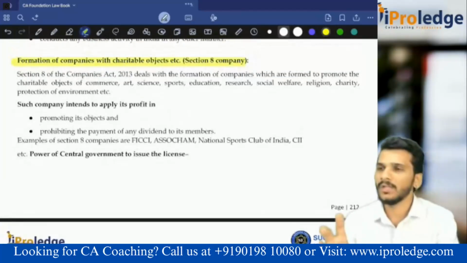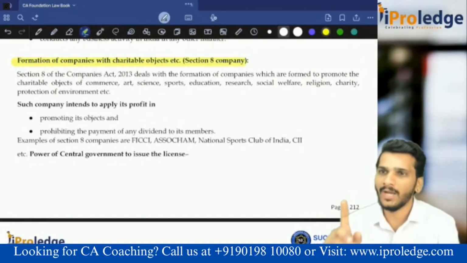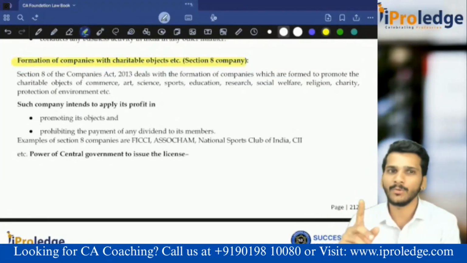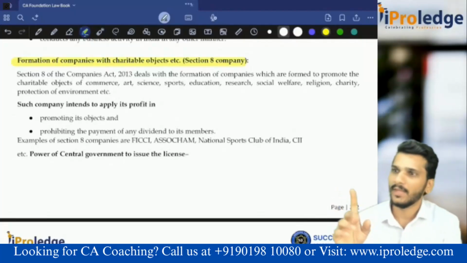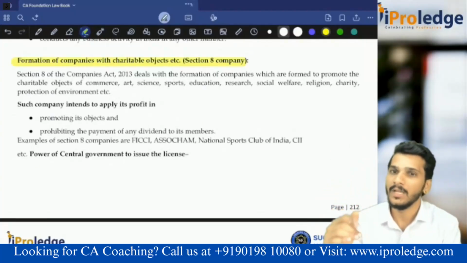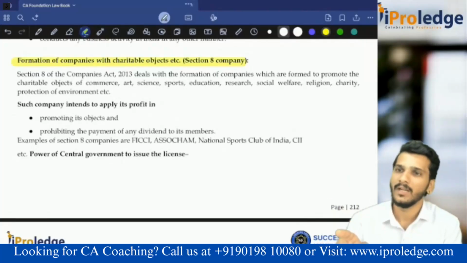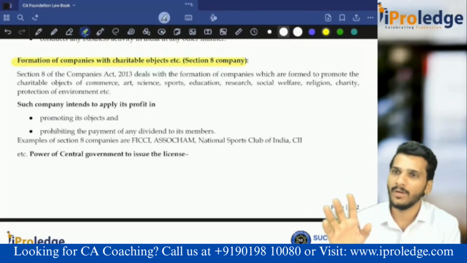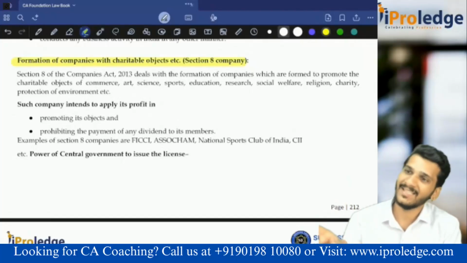Then, before you are called a Section 8 company, to be called a company you should be registered under ROC. That registration process has to be there. You have to make an application to be called a company. But because you are a Section 8 company, there are some tax benefits given to your company. That is why, whether you are a genuine company or not,